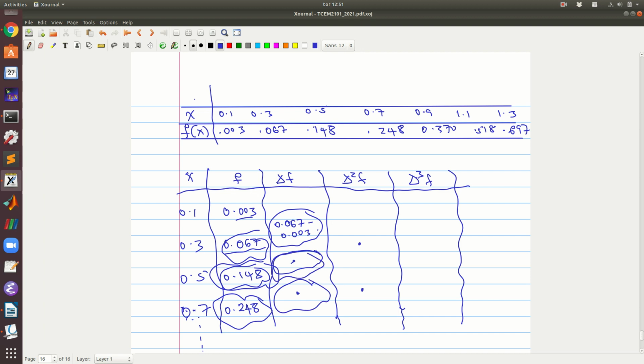So you can please follow through the table and construct the forward difference table for the corresponding values using those examples, okay? So in case there is any problem, you can please put it in the comment section or ask